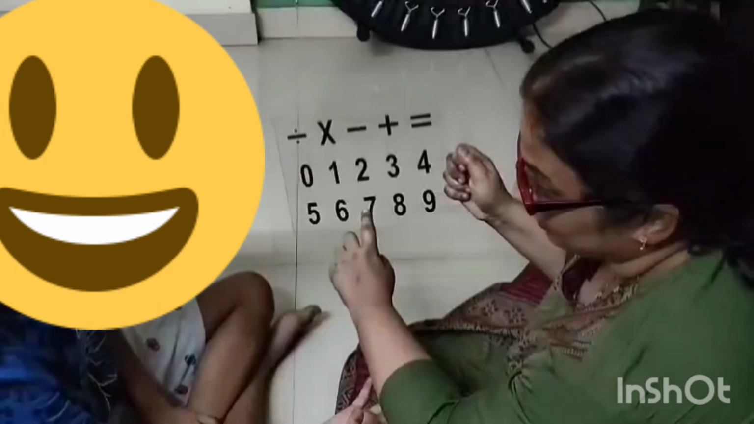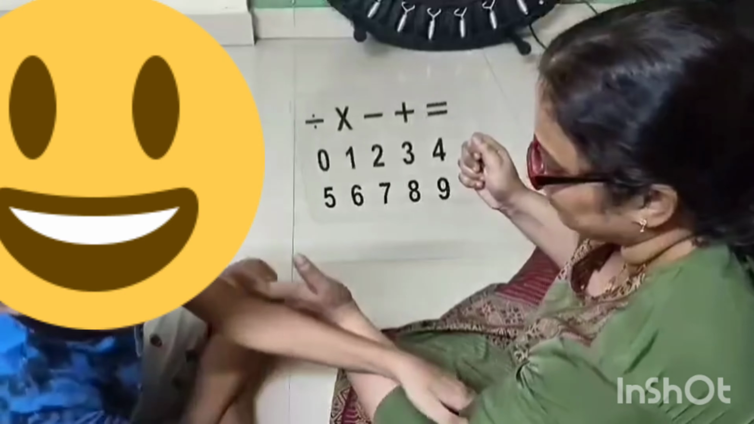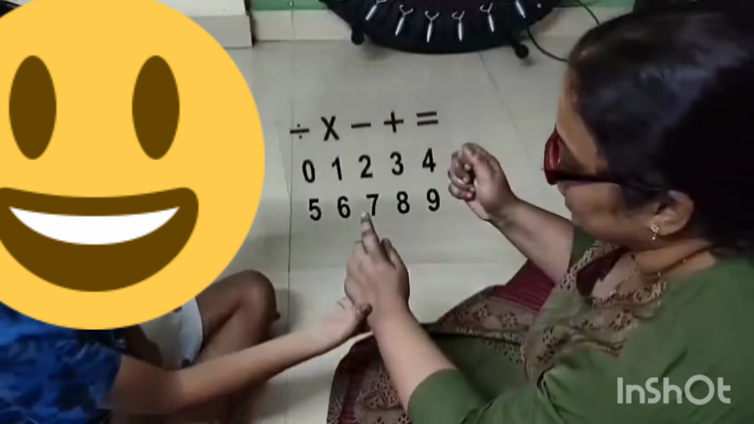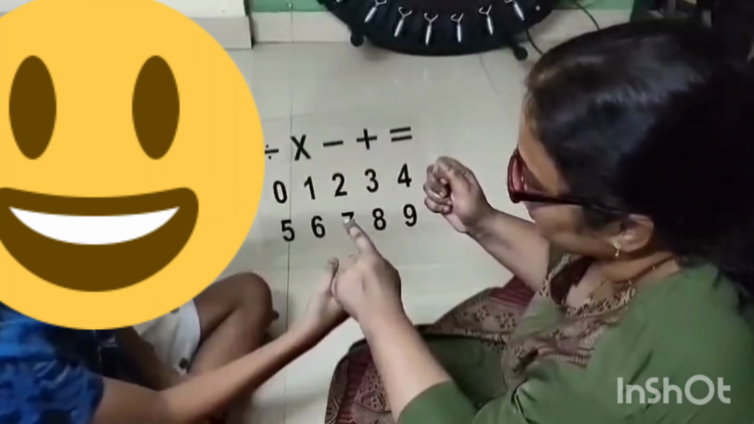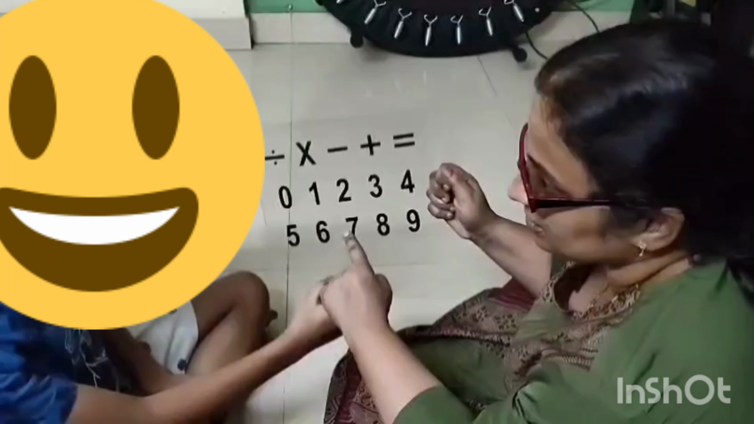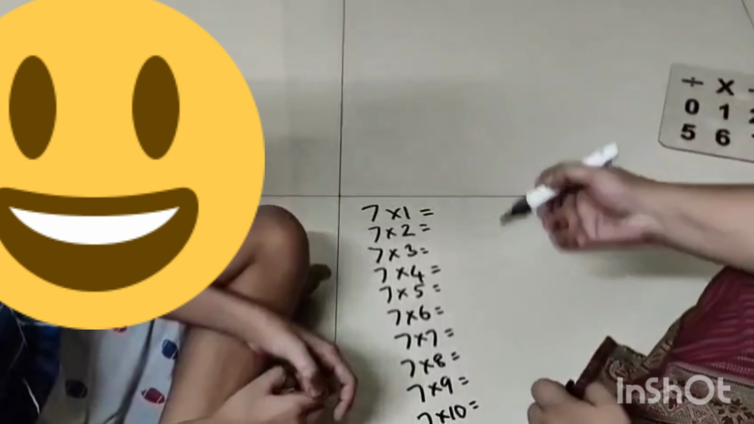But 7 is a prime number. Okay? We have not learned prime numbers, but 7 is a prime number. And it is not very easy to figure out what is 7's multiples. Okay? So today we'll try to see if we can make it easy for us. Okay? So now we have written